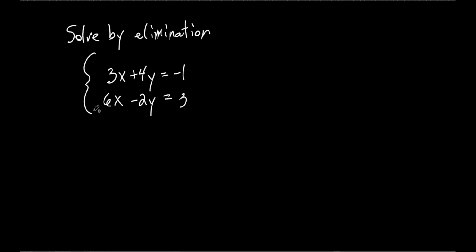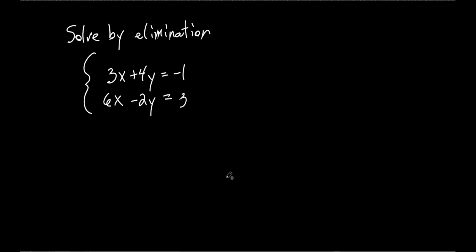Can I just add up the columns and automatically eliminate one of the variables? No, because if I add them up, I get a 9x, I get a 2y, and I still got another equation with 2 variables. So I haven't really accomplished anything. Okay, I only have to do one step here. All right, this is not that hard. Sometimes they get a lot harder than this. All right, but on this one,